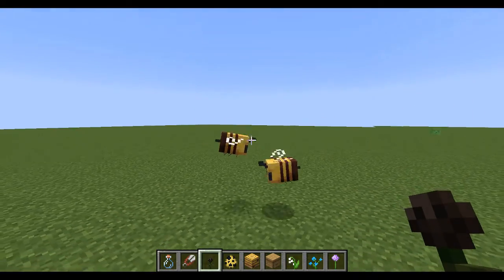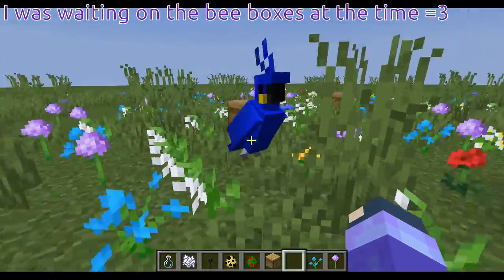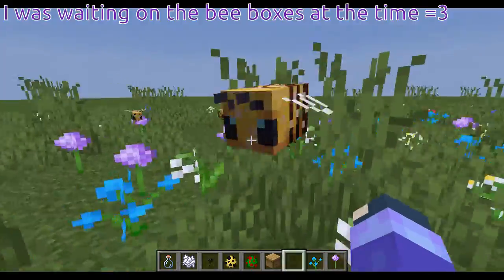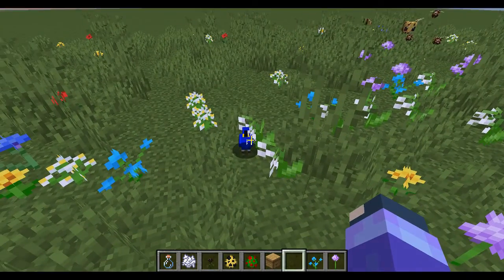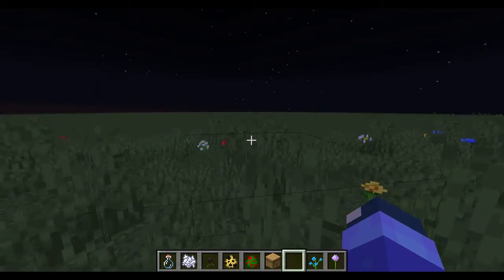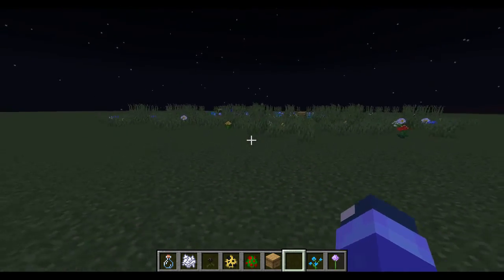Yes, and it does not harm them, it seems. As I'm waiting, I'm going to see if the parrot mimics any of the bee sounds. So I'm waiting for the honey to happen. Let's see. So I've waited some time, and it seems like parrots do not currently mimic the noises that bees